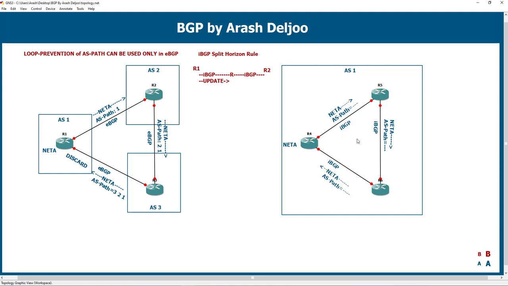For example, in this scenario, we want to prevent the loop with iBGP split horizon. This means that when R4 sends the update to R5, R5 doesn't send this update to other iBGP neighbors. Maybe you ask me, okay, with this method, how can R6 learn about net A? It's easy. R4 itself